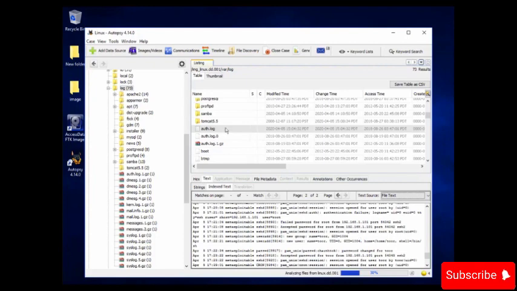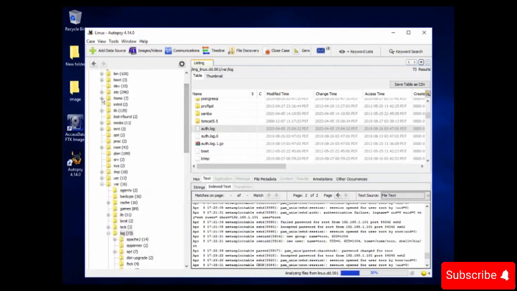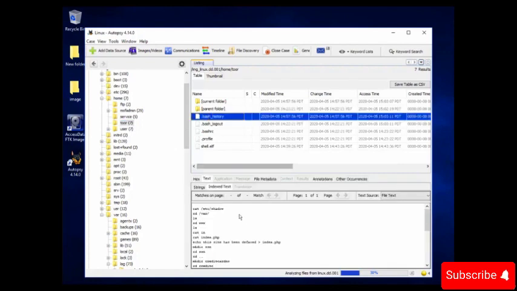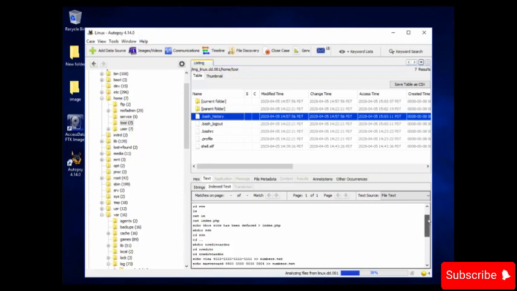Okay, so now we will explore the history file. The history file will help us to see the commands that have been run by the TWR user. So go to the home folder and click on TWR. And here select the bash history file. Here you can see that it has gone through the var directory, and has changed something with the index.php and then has created a folder with credit card numbers. Then we have sample numbers.